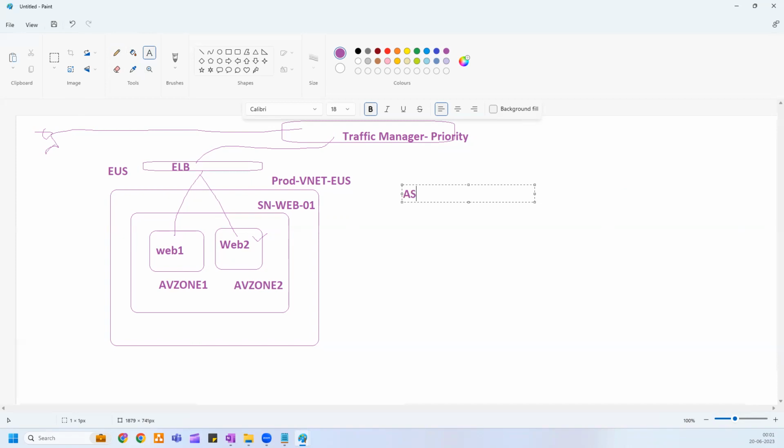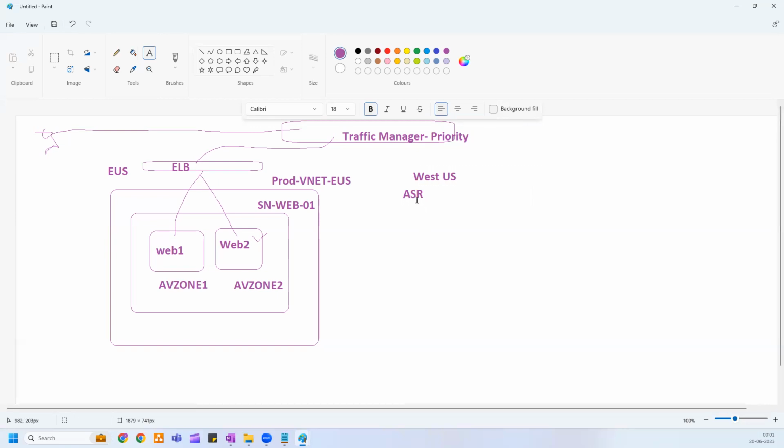You are going to use Azure Site Recovery. Let's say this is in a West US location. You cannot have ASR, or Azure Site Recovery, in the same location as your virtual machine, because in the event of a region level outage, your ASR also will not work if it is in the same location. That's why we keep the ASR in a different location than the source location. And if I choose Central US as my DR, or disaster recovery, location,